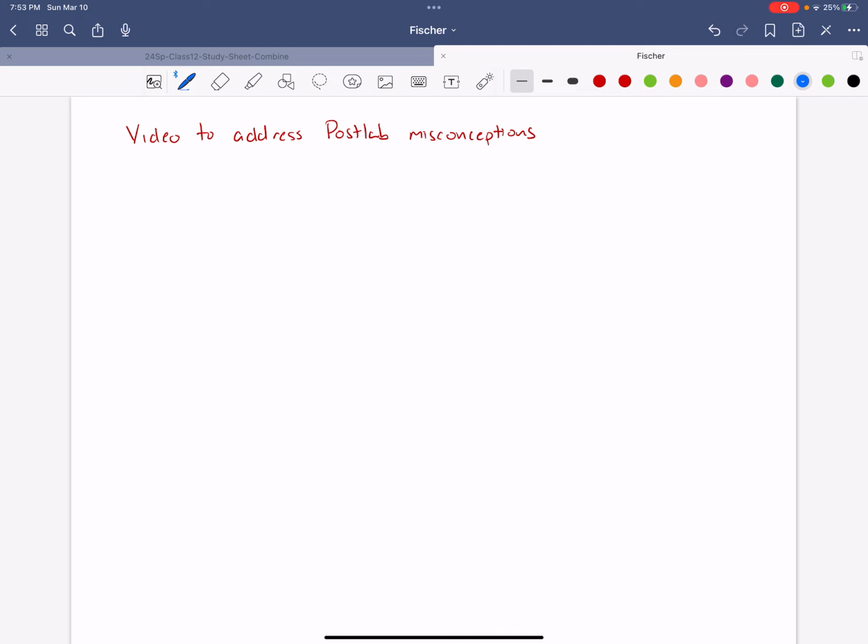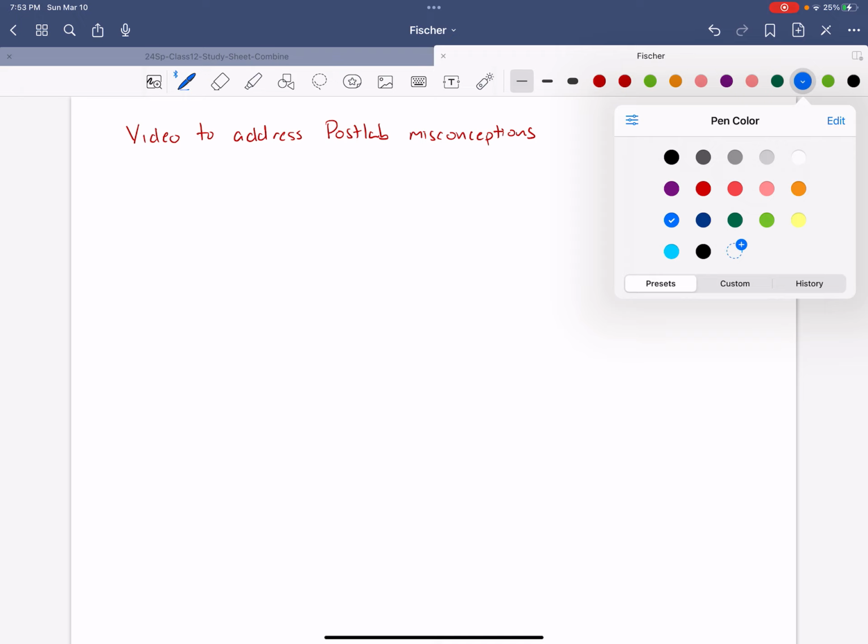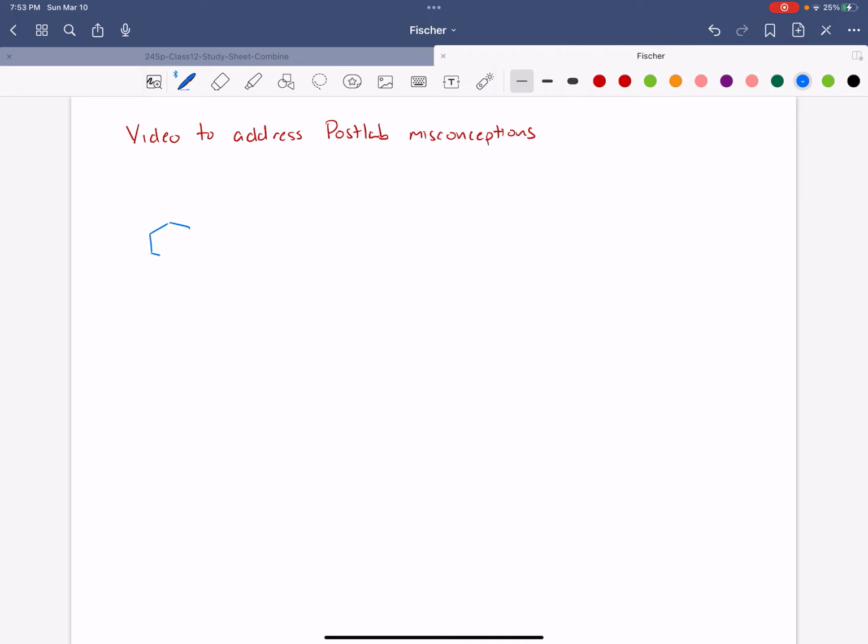seeing on the post-lab. And we're going to talk about these misconceptions in the context of the Fischer esterification, the last lab you had, and you made wintergreen oil in that lab. And I want to first show an acid-base reaction. Your acid-base reaction for the Fischer esterification starts out with your starting material,